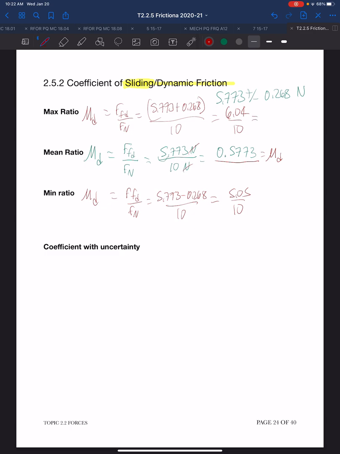So for the upper limit, we end up with 0.604. We have two significant digits. We could report 0.60. And for the lower, we can report two significant digits. We get 0.505, which ends up being 0.51. So in the end, we can say that our coefficient of dynamic friction is 0.58 plus or minus... if we go up to 0.60, that's plus or minus 0.02. And if we go down to 0.51,